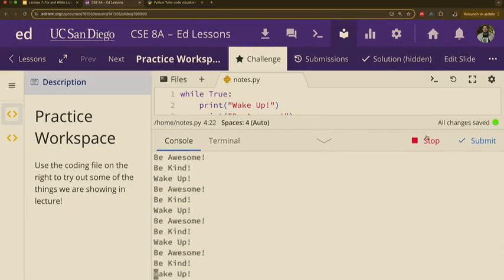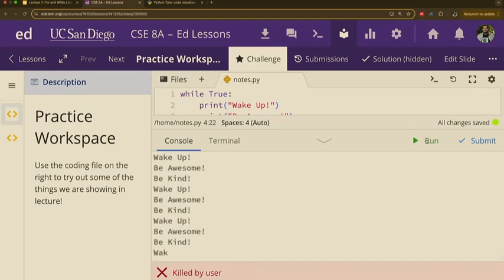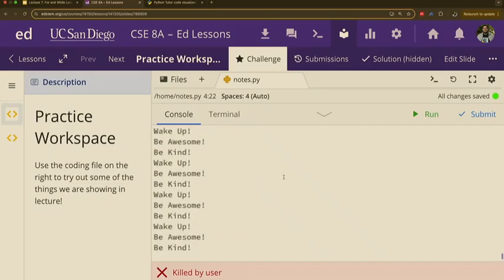Oi. It does not stop at all until I click stop. I ended the program. I said, I've had enough. I can't do this anymore. So I stopped it. Okay? How many times did this print? Infinite. A ton, yeah. Look at this little scrolly bar thing, it's hard to see for y'all. But look at all this. In those couple of seconds, we printed a ton of times. And it would have kept on going unless I stopped it.